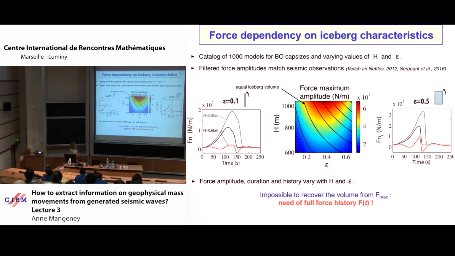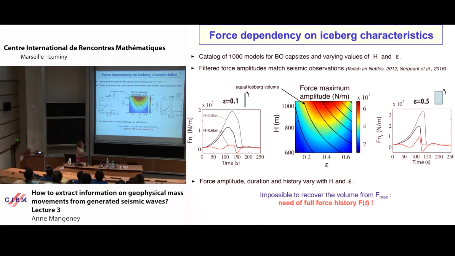But you see that if you take a higher aspect ratio, for the same h, you have a different force. And what is interesting is that the shape of the force is different. For example, if you look at the gray line here, it goes slowly to 0, while here it goes quite fast to 0. And this changes the filtered force, because if you have a rapid change, you will have a filtered force that is going really down.